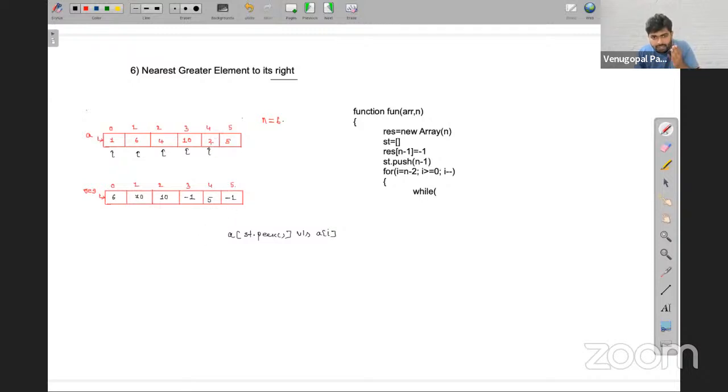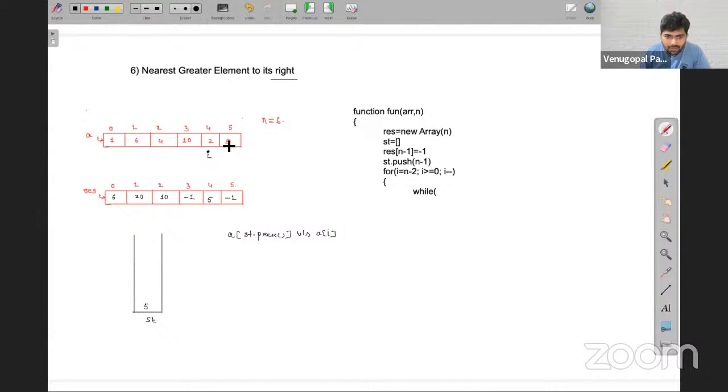So to this element, if anything on the stack is smaller, is there any use? Tell me. Any element that is smaller, is there any use? No use. Then delete those elements. If you found any element that is smaller compared to that, you delete it, because with this there is no use. So let me do it right here. Okay. This is a stack. So let's say i is pointing here, the first time. And this index number we have already pushed into the stack.